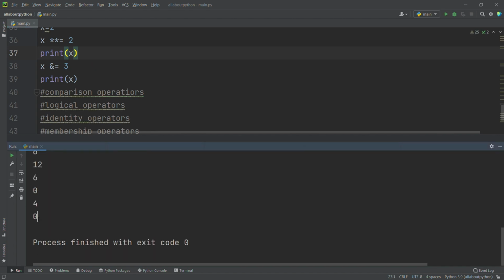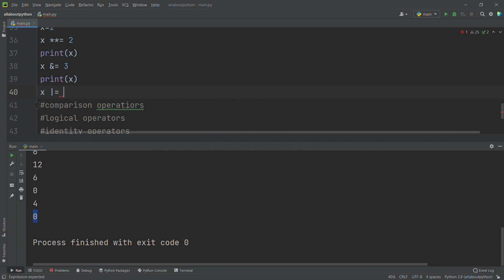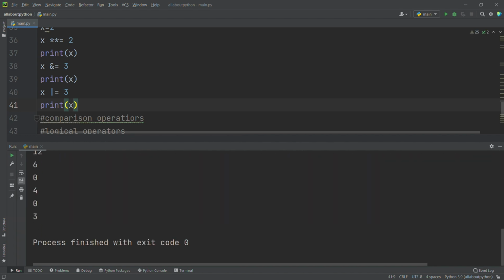We will see what is and, or, and these things when we go for comparison, logical and identity operators. As of now, try to understand what the assignment operators are. Then x |= 3, print of x. It's printing 3.